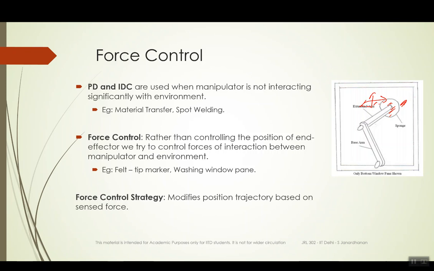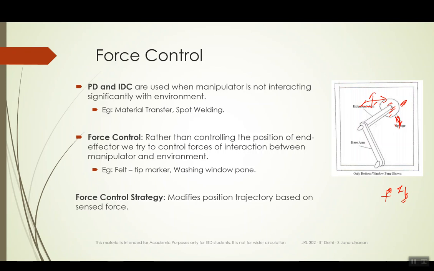We are not so much interested in the z position of the manipulator. What we are interested in, in the z direction, is that some particular force has to be applied, so that enough force is applied for the cleaning operation to happen